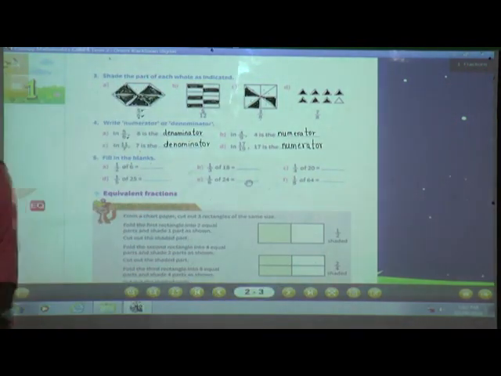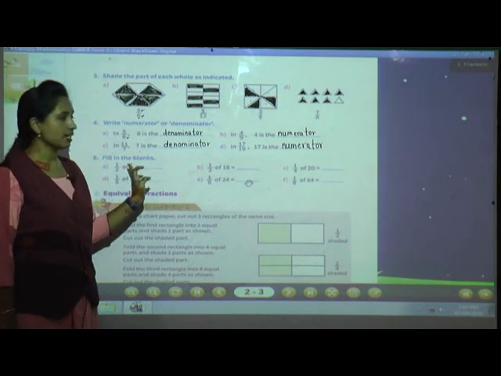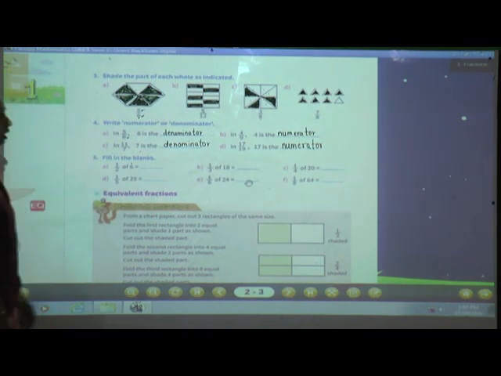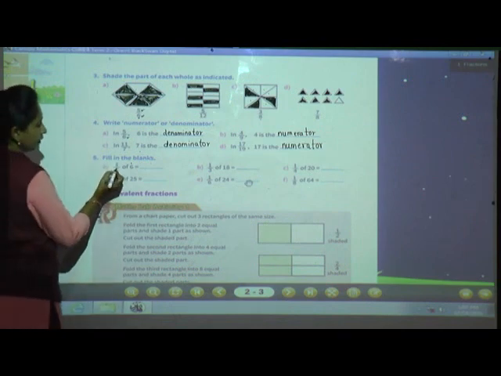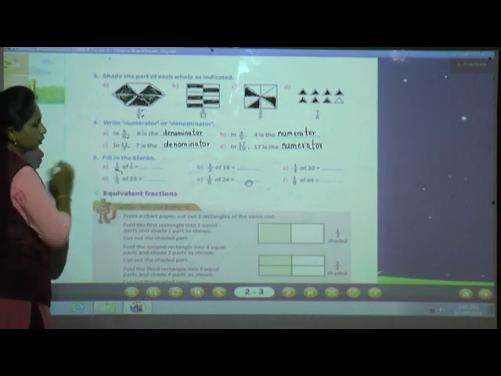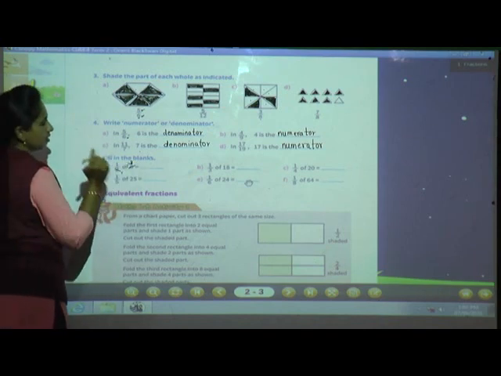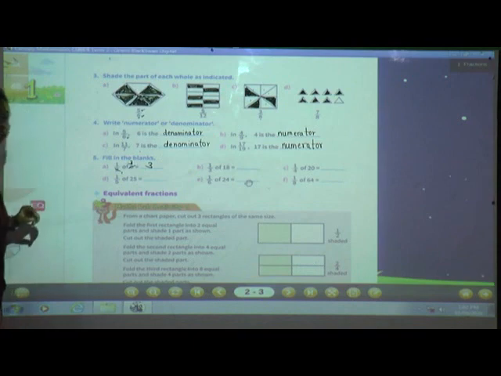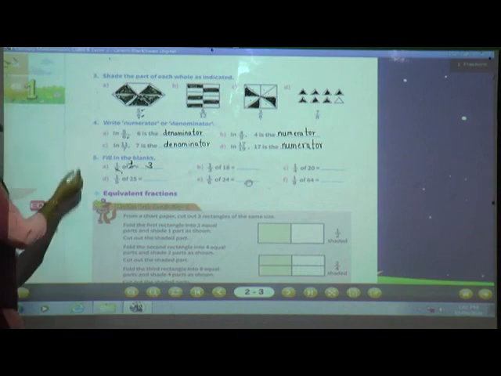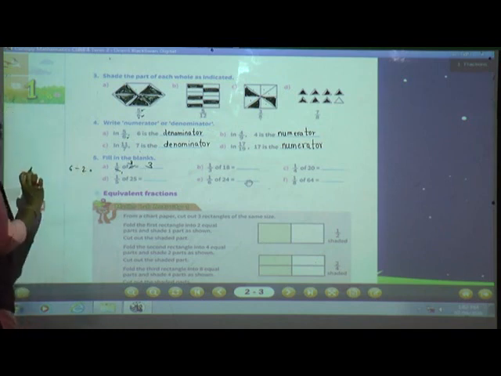Fill in the blanks. Now 1 divided by 2 of 6 is equals to dash dash. Now we have solved these types of question. What you have to do? Whatever the denominator is there, you have to divide with 6. Now see, 2 ones are 2, 2 threes are 6. Now what is the answer? 3. So you have to write 3. Otherwise, the second method how we have studied? So write 6 divided by 2 and solve. In this way also, or directly also you can do.